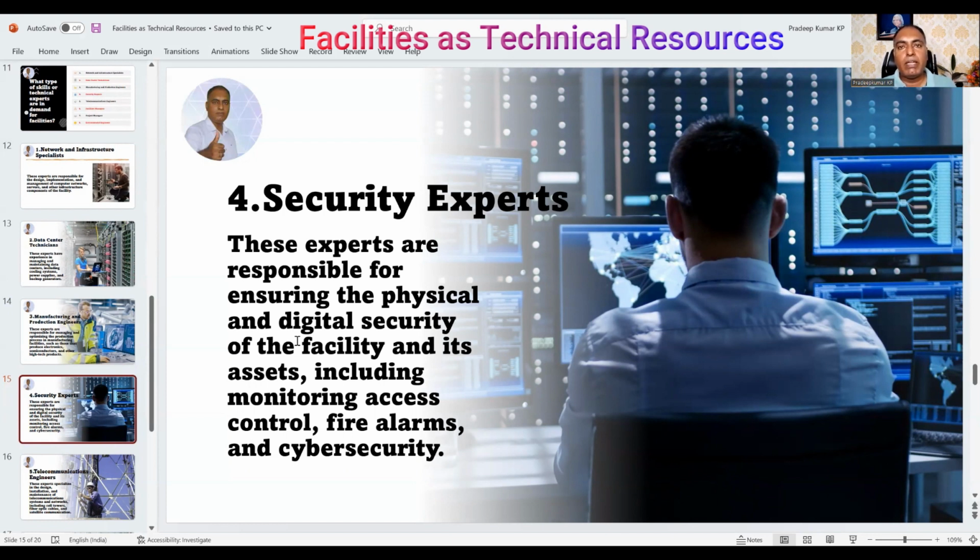That is a particular area inside the facility itself. That facility may require a security expert. This is multidisciplinary. As I told you, if somebody can give you knowledge about a facility, he should be a multidisciplinary expert, because in a facility there are n number of things available. Somebody able to coordinate all these people and give out the information on how it can be managed can only be a technical expert for a facility as a technical resource.